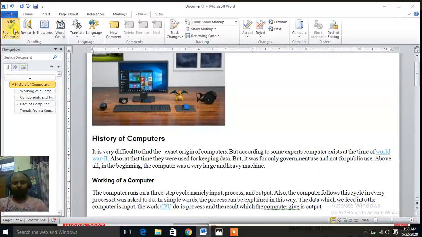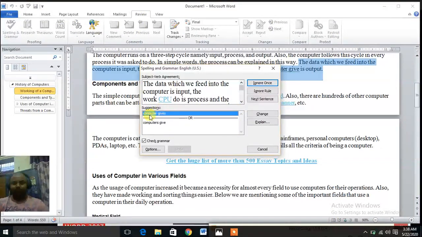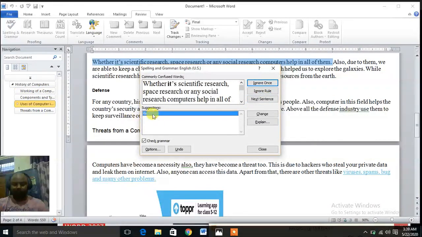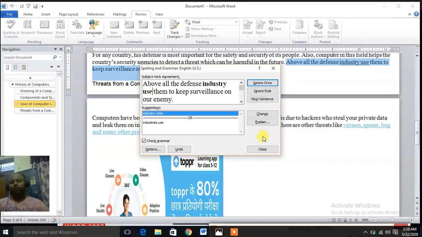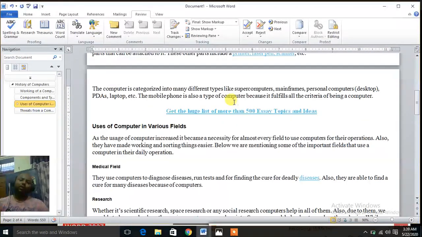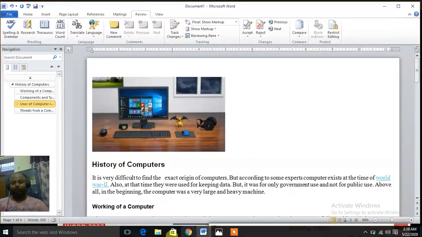And you can click on Spelling and Grammar, and the computer will check. CPU, it will give you suggestions also. If you don't want it, you can click on Ignore Once. Then it stays like this, or if you like the suggestion and want to replace it, you can click on Change. If you don't want it, click on Ignore Once. If it is correct, then it's okay. You can click Ignore All or you can Change All. AutoCorrect option is also there, and then click on the Close button. So like this you can correct the spellings in your document.